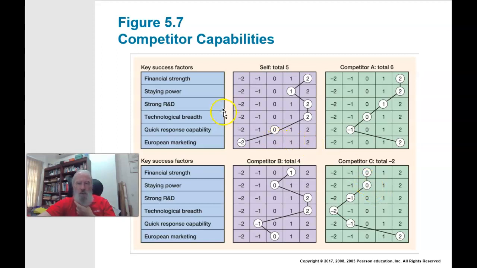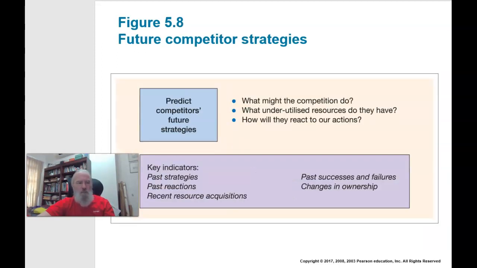Again, this is all relative. You can't do it against all competitors added together because that just aggregates to nothing. If you took competitor A, B and C for financial strength, it would net out as about 1, which doesn't really tell you very much. So aggregating competitor analyses is a complete waste of time. But you see companies doing this all the time.